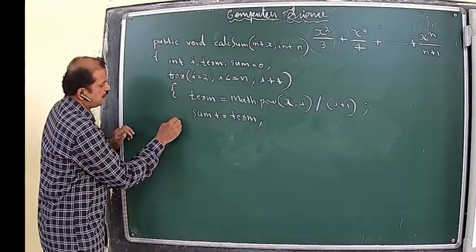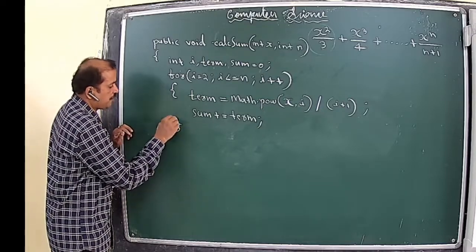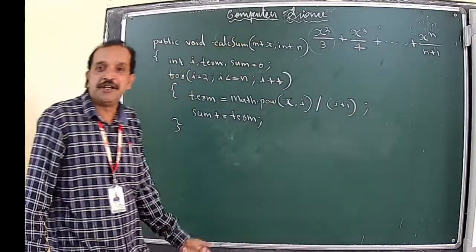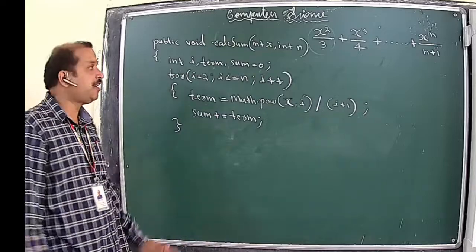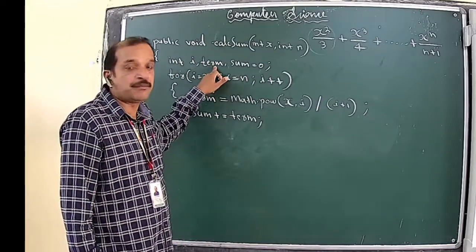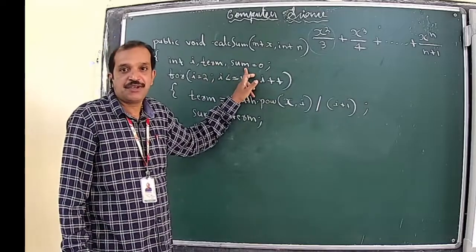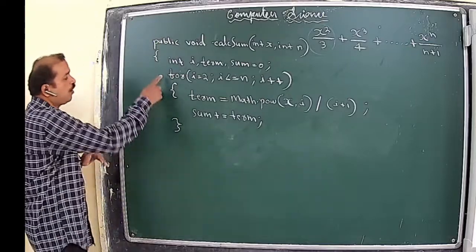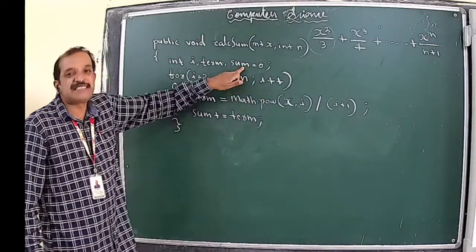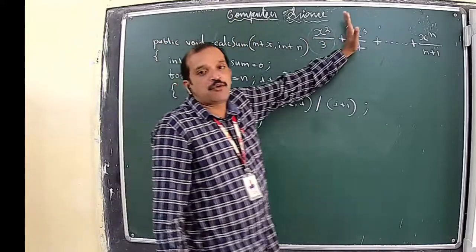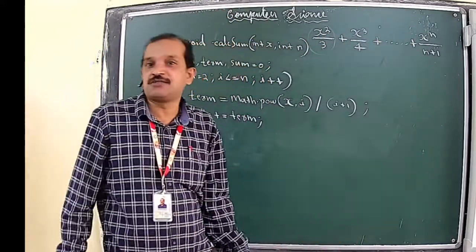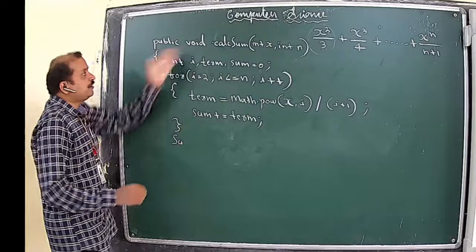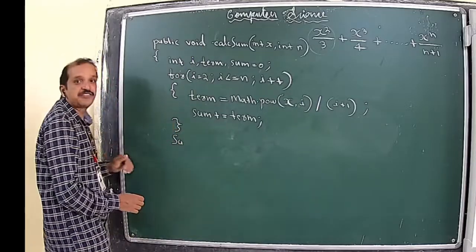So this is what is needed to be done for finding the value of any series. Maybe the series and the other question might be different, but still this is the technique behind finding the value of each term and adding to the sum. All right. So that is what can be done as part of this one. And once this loop is over, this variable sum will have the total sum of all these terms up to n terms. And now you will be in a position to print the value of this sum, or even to return it as an argument if that is what the program requires.